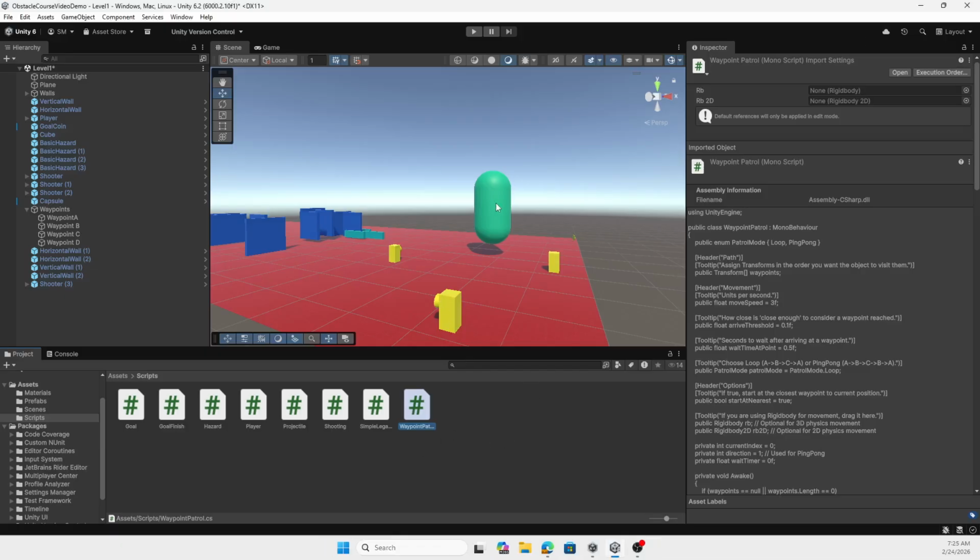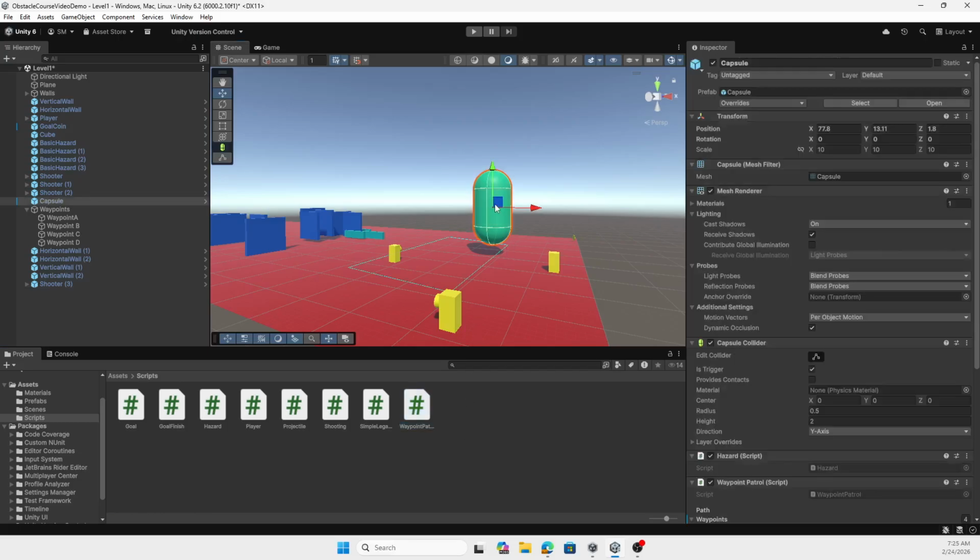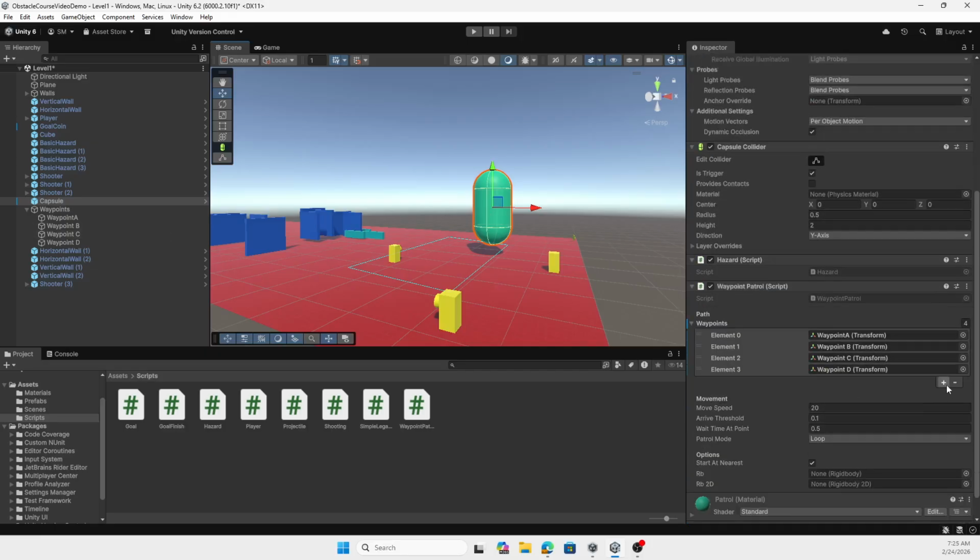So the way that you would set it up is once you have the script, you would import it, you would add it to whatever hazard you want to be patrolling around the scene. You could also probably pick one of these and have it patrol if you wanted, as long as you added the waypoint. And you can also see here that you can index the array. So the script just gives you kind of a blank number, and you can put as many points as you want. So you could just have one, or you could have two, you could have three or four,